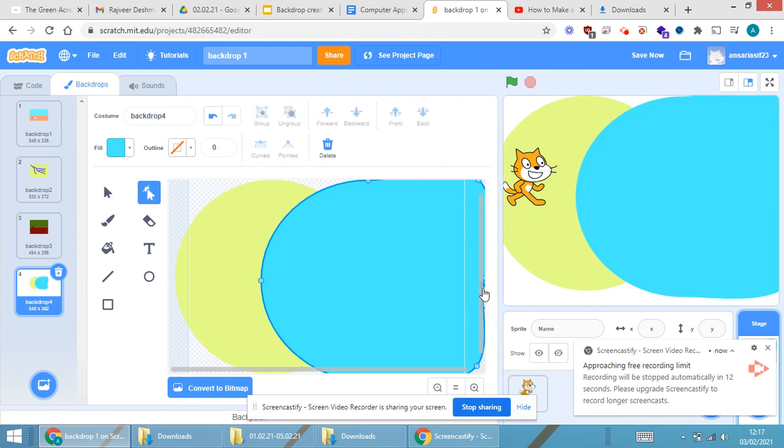So in this manner, you can select any of the desired tools which you want. You can give the shape over here also. Just drag it so that it covers the entire screen. In this manner, you are able to create